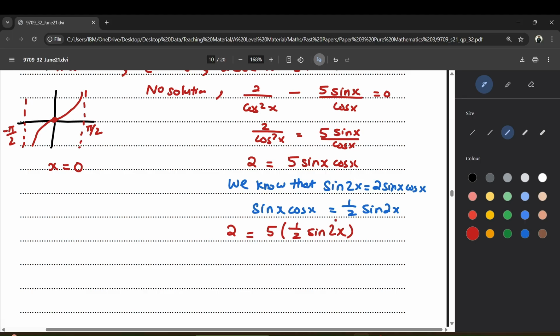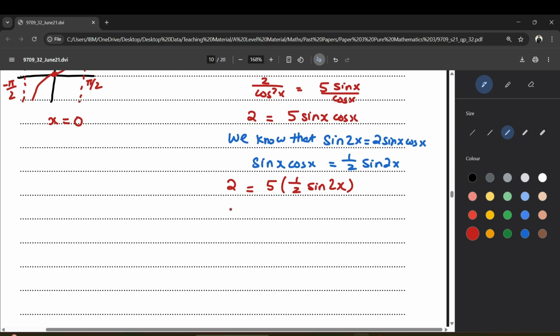Now after this, we can make sine 2x the subject of the formula. So 2 goes on the other side, 5 will be divided, so that will be 4 upon 5. 2x is equal to sine inverse of 4 upon 5. Make sure that your calculator is in radians. So that will give us 2x is equal to